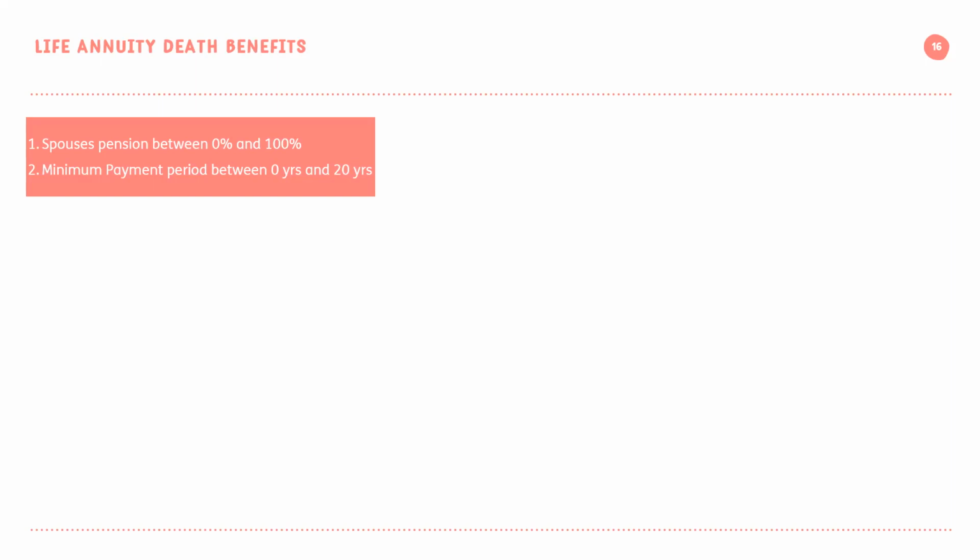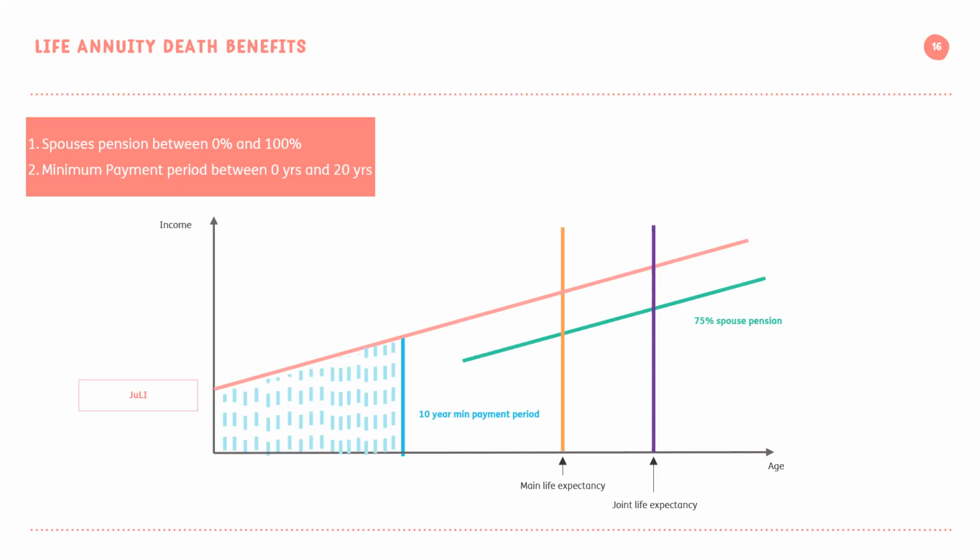And in that way, you either provide an income legacy to your spouse, or alternatively, you cover, even on a single life, a guaranteed period that income will be paid for. So it's certainly available, and therefore ensures that you're not going to be losing your capital when you pass away. Of course, these death benefit options do influence the annuity rate, so one has to look at that carefully and ensure you find the balance. But certainly it is available, both the spouse's pension and the minimum payment period.